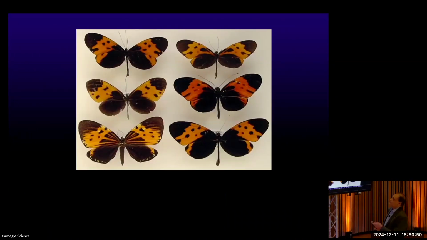Okay, and then in some areas, like in South America, you'll get what are called mimicry rings. So there are 6 different species here. 3 of them are palatable, 3 of them are not. And so you can imagine as a bird, you just say, well, I'm going to give up on this, and I'm not going to try any of these things.